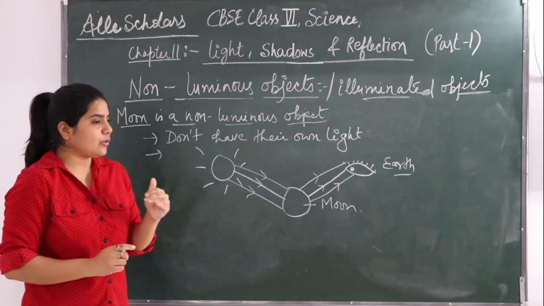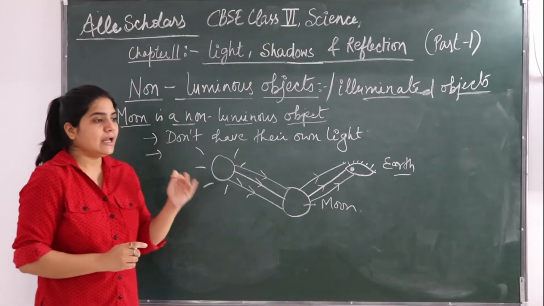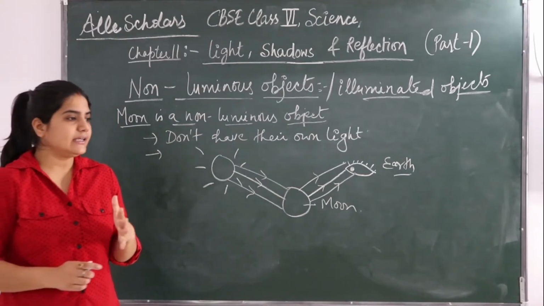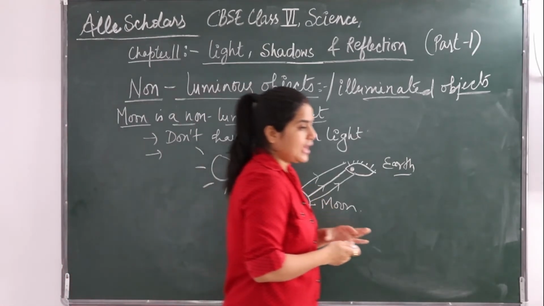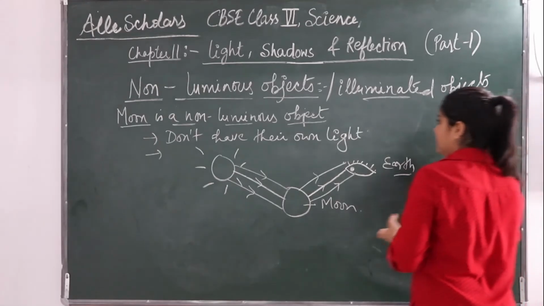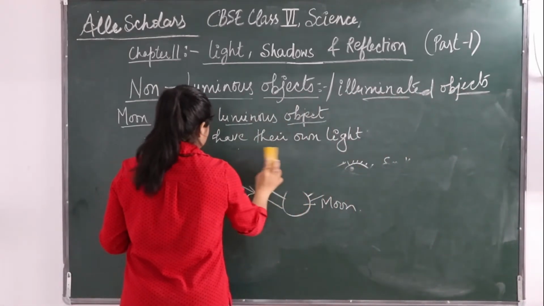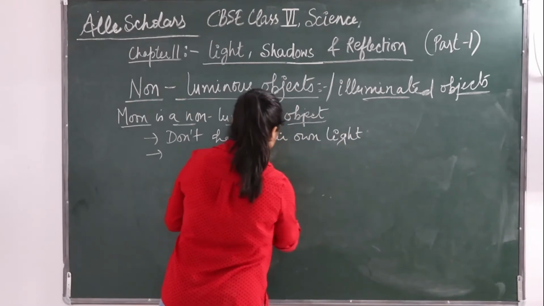Okay, so the planets can also be seen in the sky because they are reflectors of sunlight. Okay, so the moon does not have its own light,